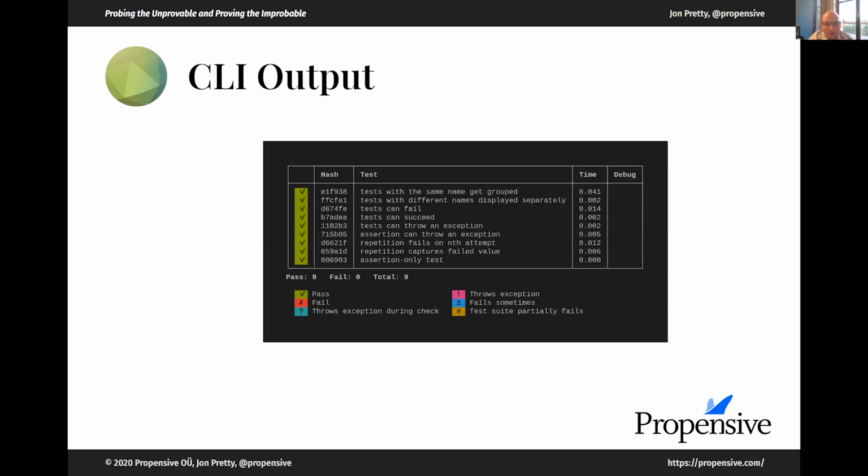And I haven't got a screenshot of this, but if one of these tests is run multiple times, you will actually get 3 columns. One will be the minimum time, one will be the average, and one will be the maximum. And it'll also tell you how many times the test was run in total. So imagine if you did have a test defined inside a web server and you fired a few requests at it, you might want to see what the average time spent on each one was, also the minimum and maximum.